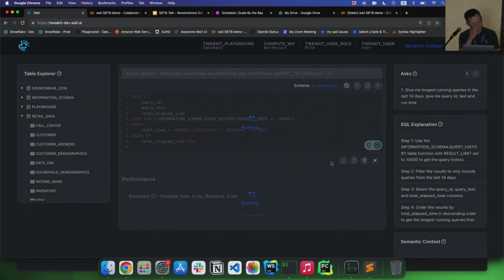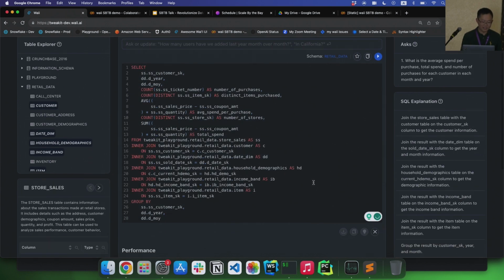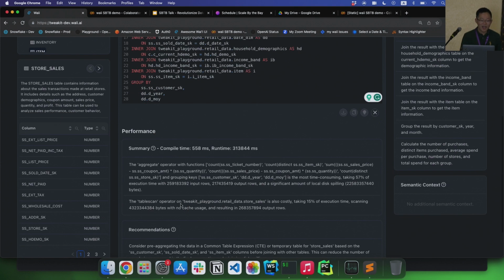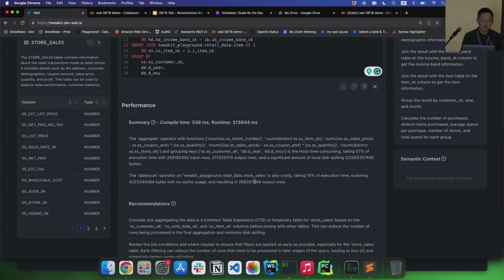And we can see if the system can help us to do the query performance analysis. Yeah, currently it's trying to get the query stats. So this is a query text which ran for 300 seconds. And this is a summary of the performance insights. Basically, we take the query stats from Snowflake and we're trying to compress it.